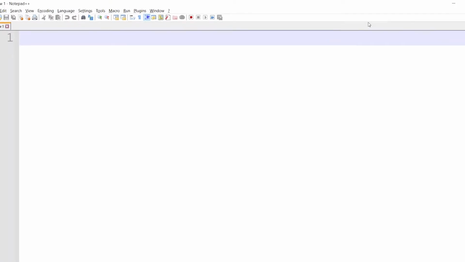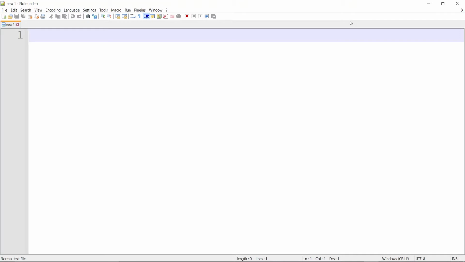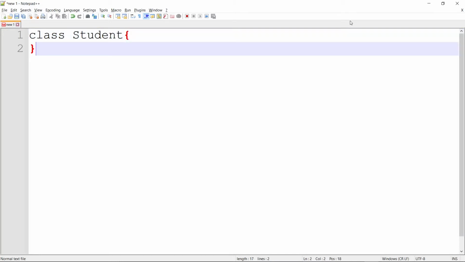So here let's start writing the program. So first we'll create a class named student. So class student. Now we'll create curly braces, which is the block of the class, right? Here we'll be having three features. First, the ID of the student, which will be a number. And in Java, when we want to create a number, we create an int variable. Int is a type of variable. We will be looking at it in the later videos. So the first variable will be int ID.